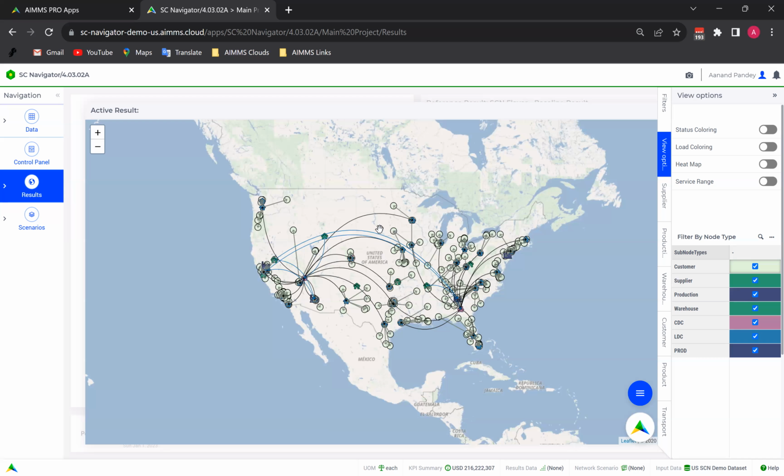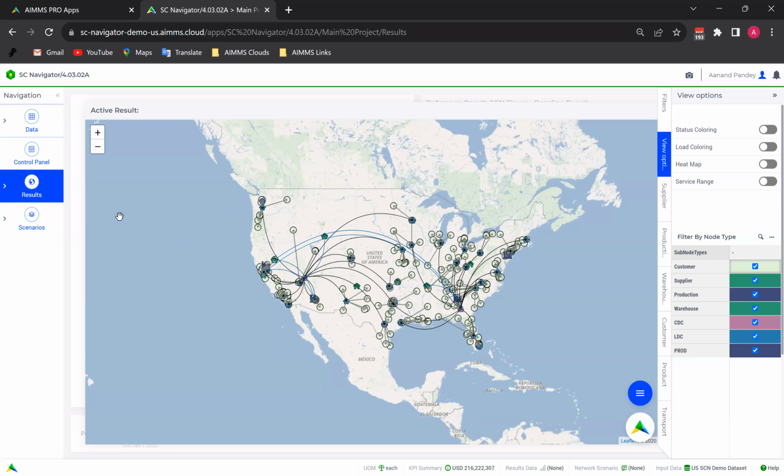Now, as I mentioned, the whole idea is that as you answer these three overarching questions, there are thousands and thousands of potential scenarios you might want to run. The tool enables you to run those scenarios in a very easy and intuitive way. So you'll notice on the left-hand side, there is a workflow that is systematically guiding you through the network design